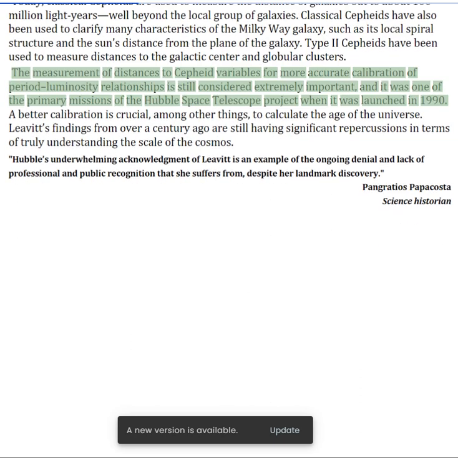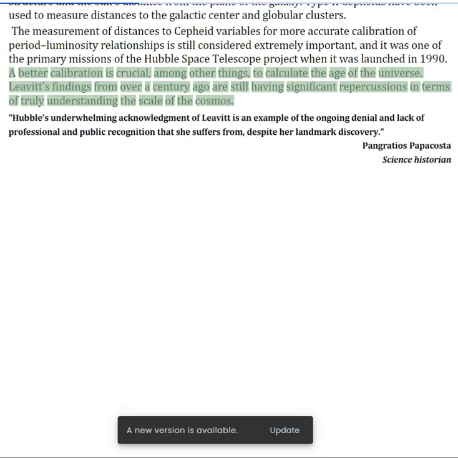The measurement of distances to Cepheid variables for more accurate calibration of period-luminosity relationships is still considered extremely important, and it was one of the primary missions of the Hubble Space Telescope project when it was launched in 1990. A better calibration is crucial, among other things, to calculate the age of the universe. Leavitt's findings from over a century ago are still having significant repercussions in terms of truly understanding the scale of